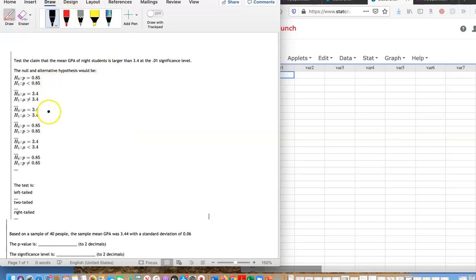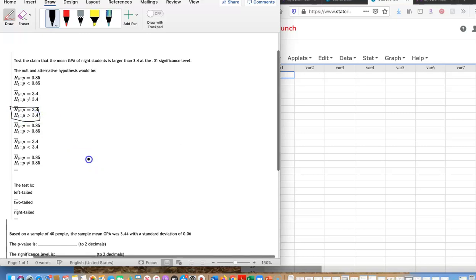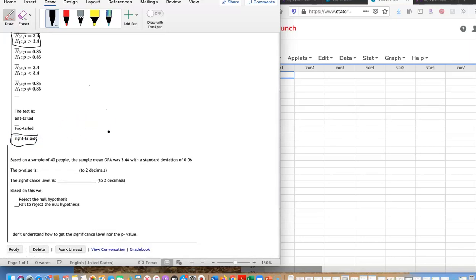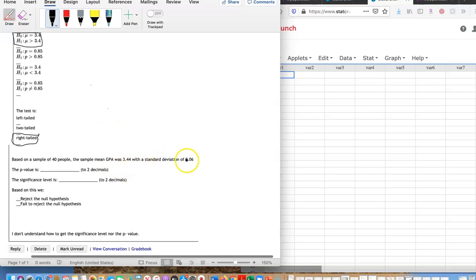It should be, if it's larger than 3.4, we should equal to and larger than. This is the one that we want. The tail is, if it's greater than, it is a right tail test. And based on the sample of 40 people, the sample GPA is 3.44 and the standard deviation is